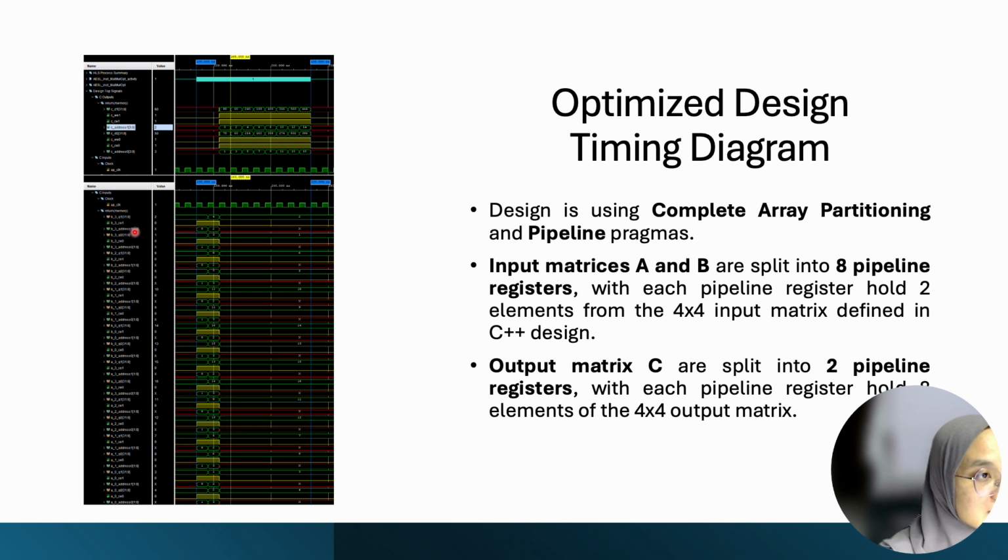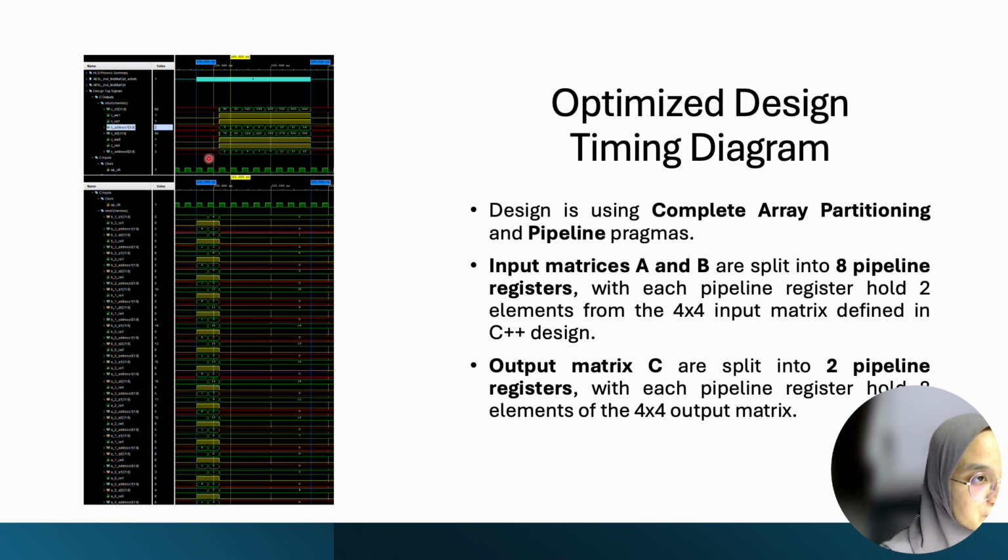You can see this line is one of the addresses of the input B. 1, 2, 1, 2, 1, 2 is the address. So basically, these are the elements that have been input into each of the pipeline registers. And once all this is ready,